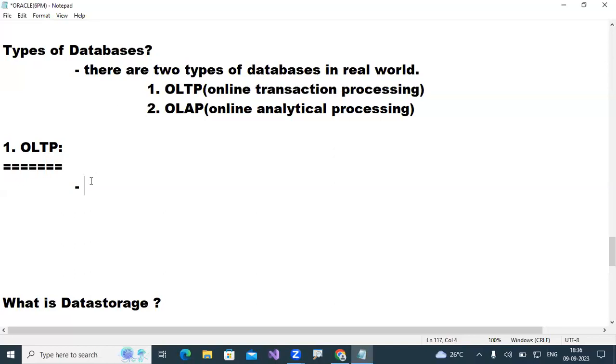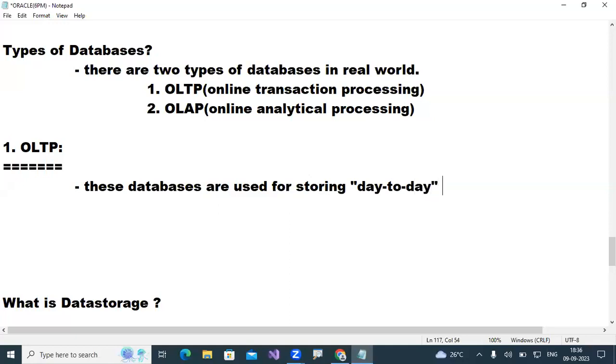Write down: these databases are used for storing day to day transactional information.